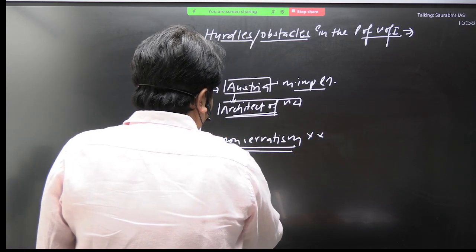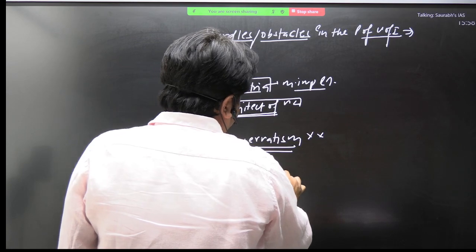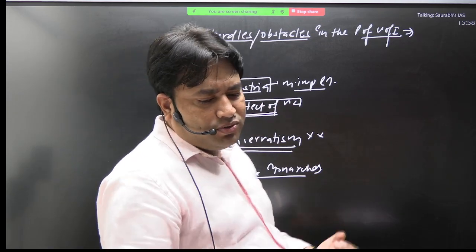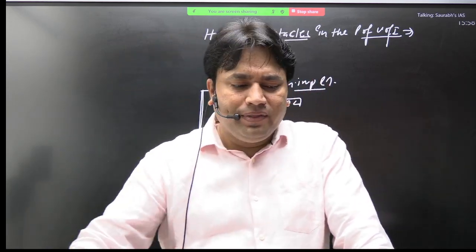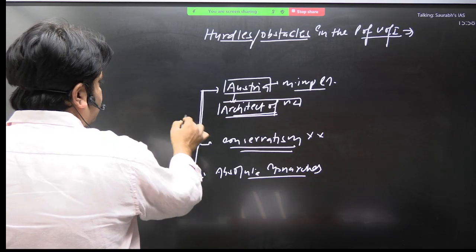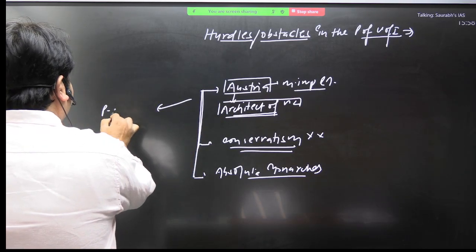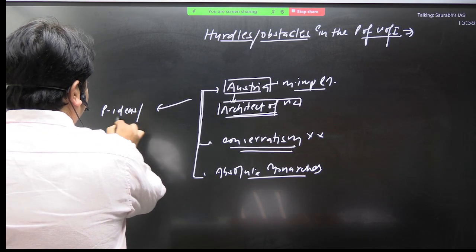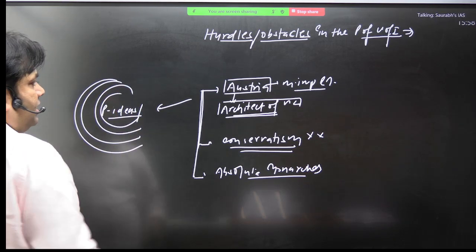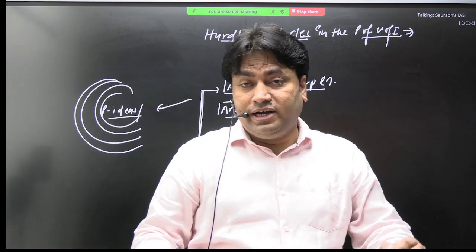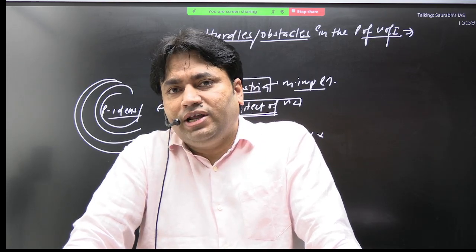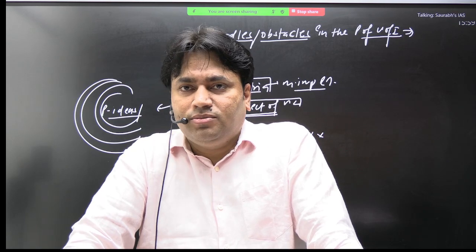Absolute monarchs of Europe will never like these progressive changes to be introduced in Italy. They will try to stop progressive ideas, because once it starts, it will be a future or potential threat for these empires themselves. Ye unke liye khatra ban jayega, right? So that is the most important point.